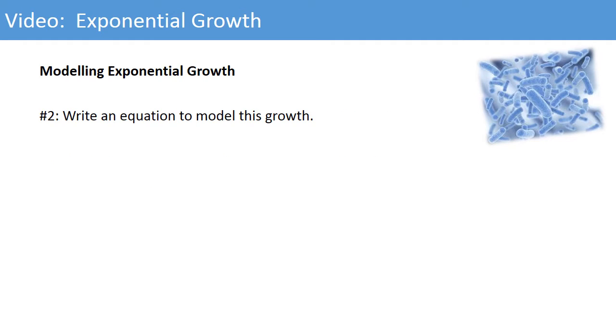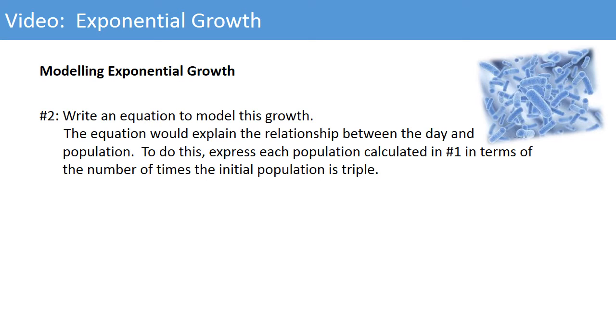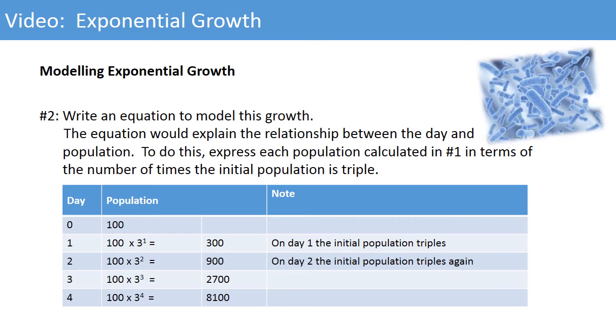Now, the second thing we want to take a look at is how to write an equation to model this growth. The equation would explain the relationship between the day and the population. To do this, express each population in number 1 in terms of the number of times the initial population is tripled. To do this, we will take our table of values and we will set our initial value to be